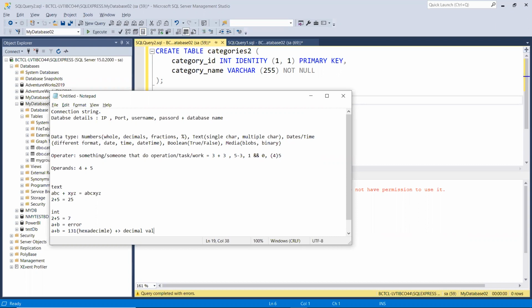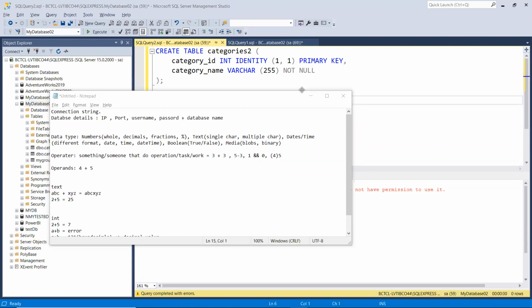So my point is, depending upon the data type of a particular piece of data, it will give me different results for the same operator. That is why it is essential that we have the proper data type for our data. Apart from that, there are some operations which are specific to a particular data type, so to use those operations, we have to make sure that our data is of the correct data type.